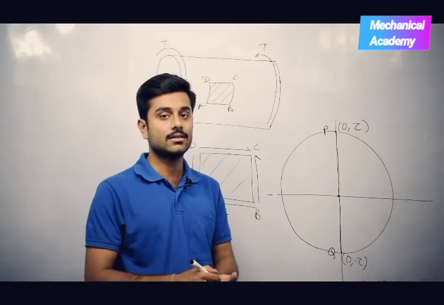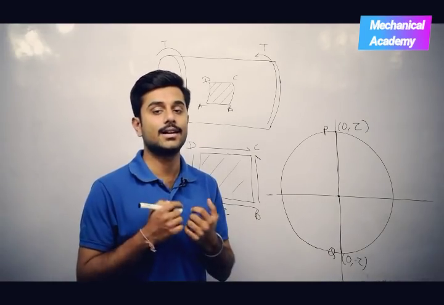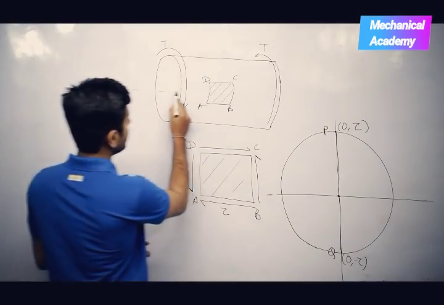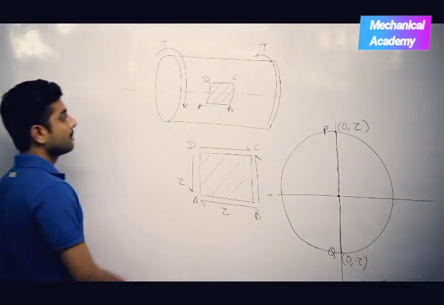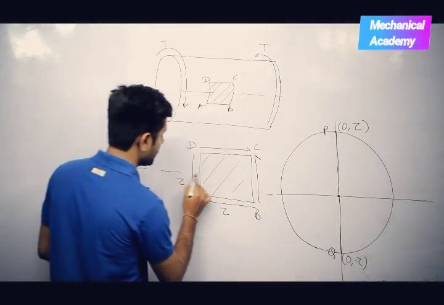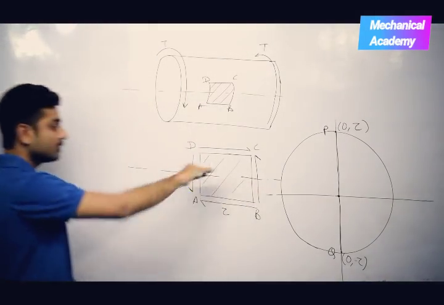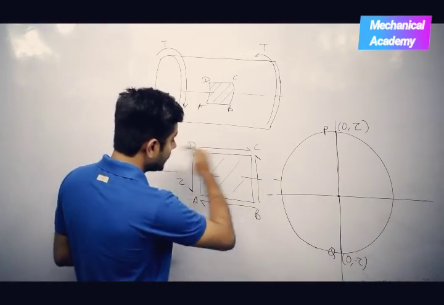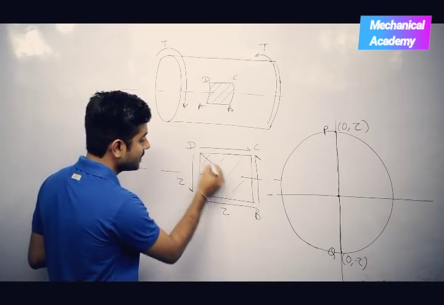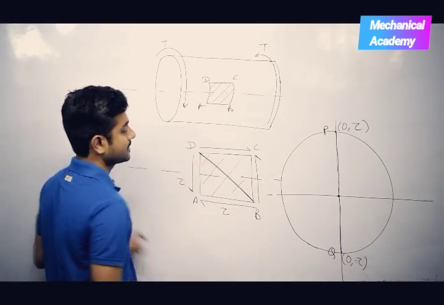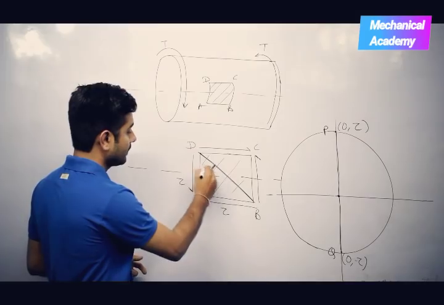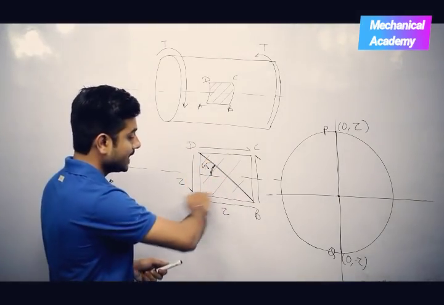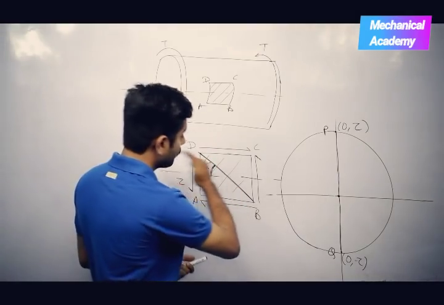Option A says that a tensile stress will be generated at 45 degree to the axis of the shaft. This is the axis of the shaft. If we try to imagine the axis with respect to this stress element, then this is how the axis of shaft is going to pass. At an angle of 45 degree to the axis of the shaft means a plane which would be looking something like this, right? This is at an angle of 45 degree. To reach this plane from plane AB, we have to move 45 degree in the clockwise direction.